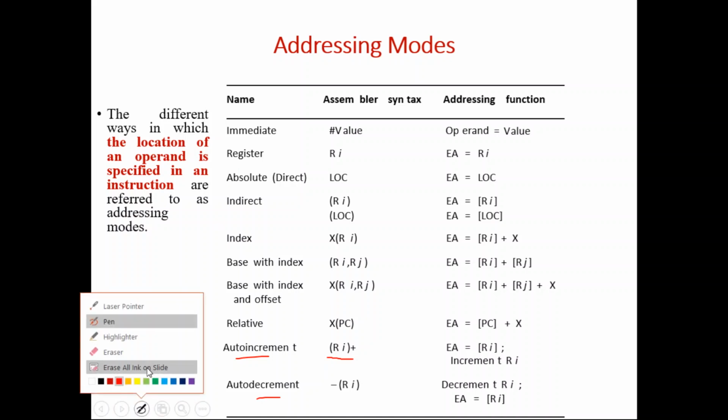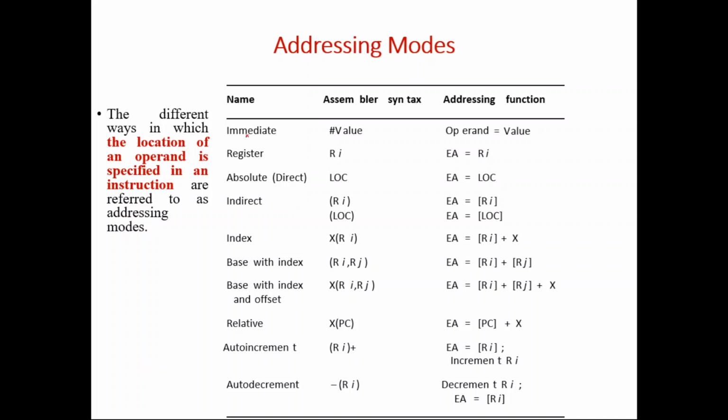If you see immediate addressing mode, we give some immediate value. Whenever you give an immediate value, you have to specify a hash symbol before that, which represents that value. For register addressing mode, we directly use some registers, so the effective address will be calculated based on the register values. For absolute address mode, we directly specify the memory location by using some location address. Whereas in indirect addressing mode, the memory location will be indirectly specified through some registers or through some address; we will discuss how it works.